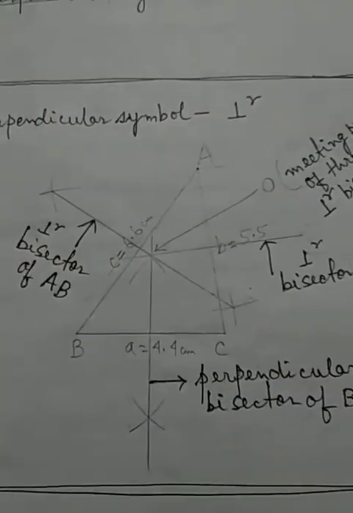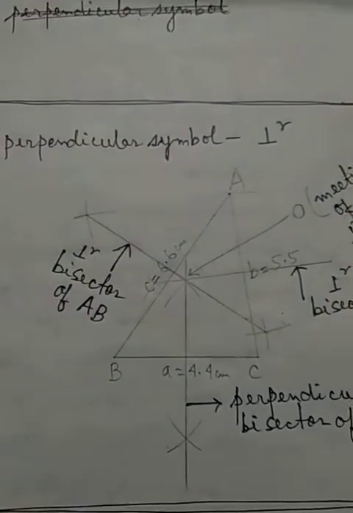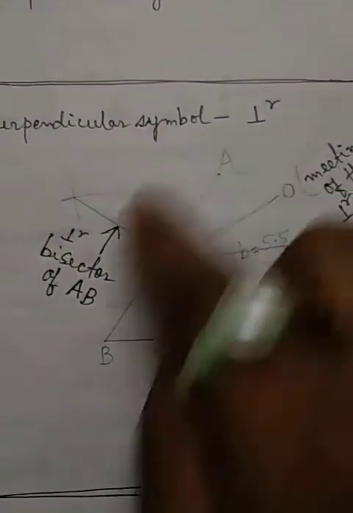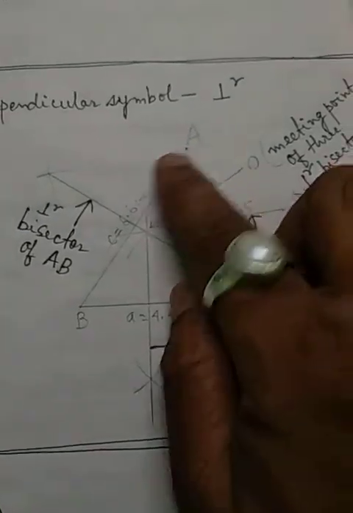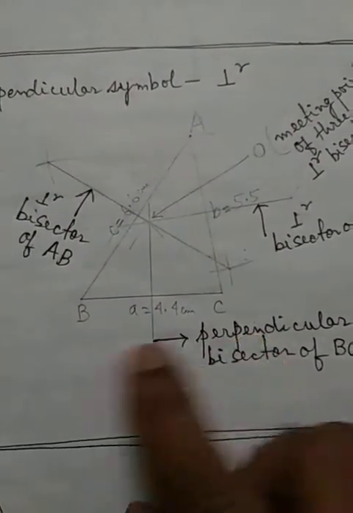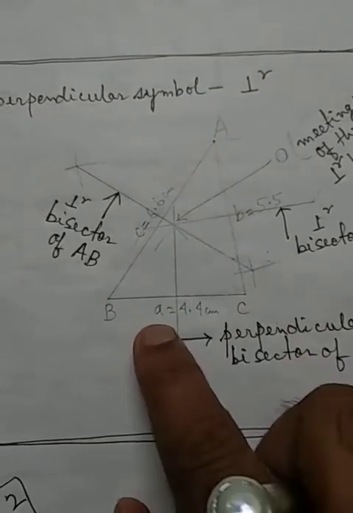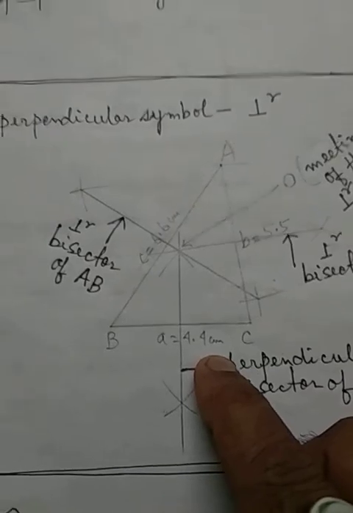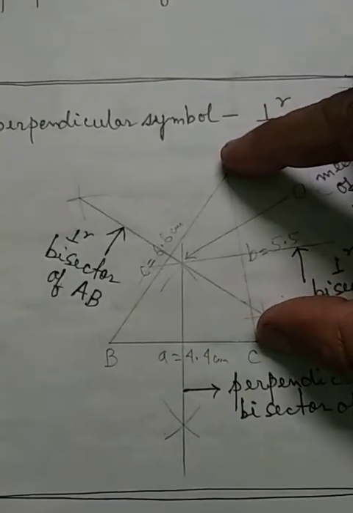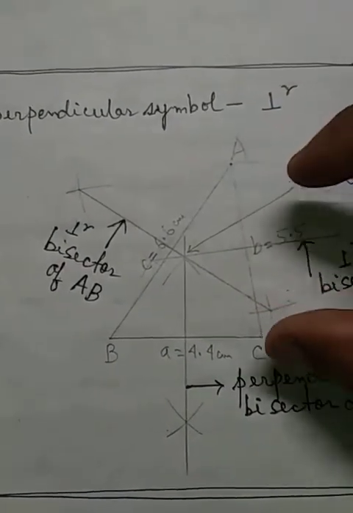Now generally, we draw a triangle ABC. There, BC is the base. I have followed that form. ABC is the triangle, BC happens to be the base. You take the length BC, which will be small a, 4.4. Then for the other one, you take 5.5 centimeters as an arc, 5.5, and cut from here.